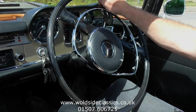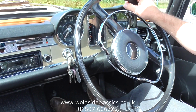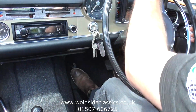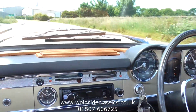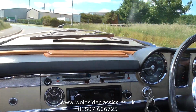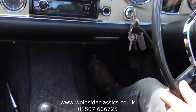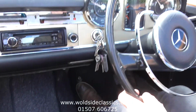Okay, I'm going to give you a buzz up the road in this lovely low mileage 230 SL Pagoda. Just sat in drive now, setting off. She goes up the gears, that's it. This car starts in second gear, we're in third now, and now fourth, top gear. Kick down,